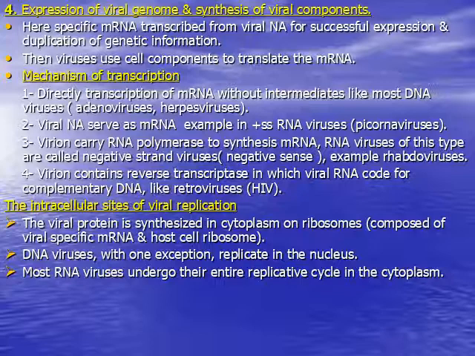Fourth way of transcription: here the virion contains reverse transcriptase, in which the viral RNA codes for complementary DNA, like the case in retroviruses. Example, HIV virus. The intracellular site of viral replication: the viral protein is synthesized in the cytoplasm on the ribosome,